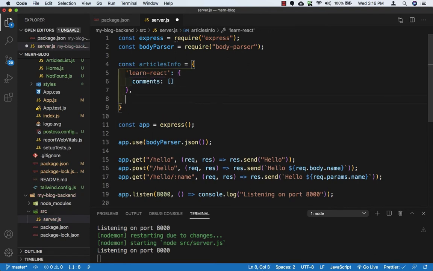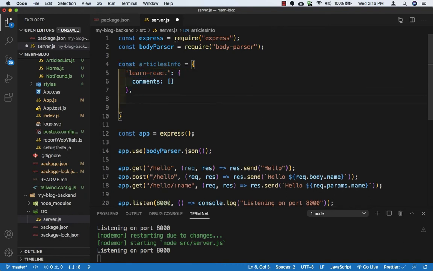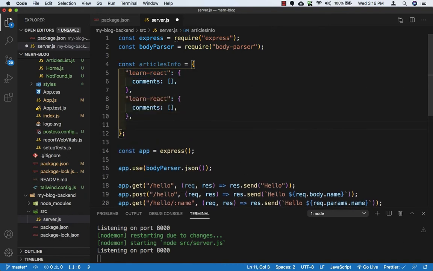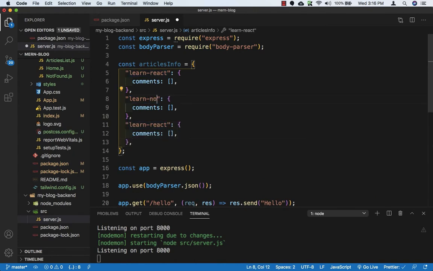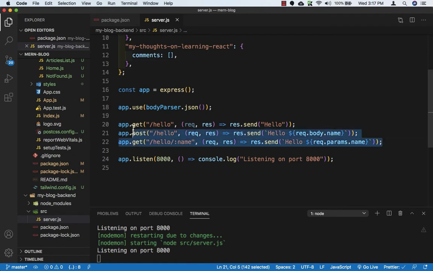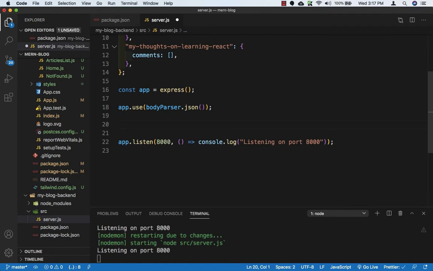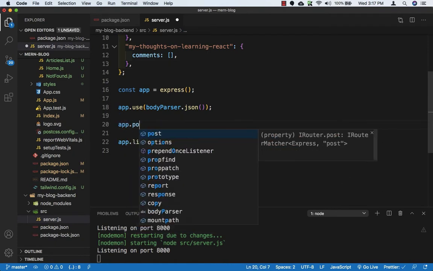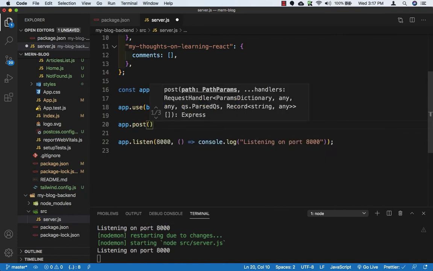Okay, and then we need similarly for learn-node and my-thoughts-on-react. So learn-node, and the third one is my-thoughts-on-learning-react. Okay, let me save this file. Now we will create a route using a post request. So let's remove all this, and here I'll write app.post, and for the endpoint, we will write